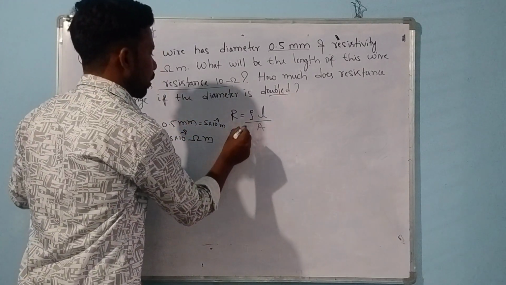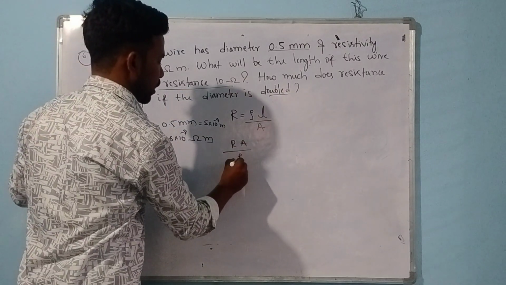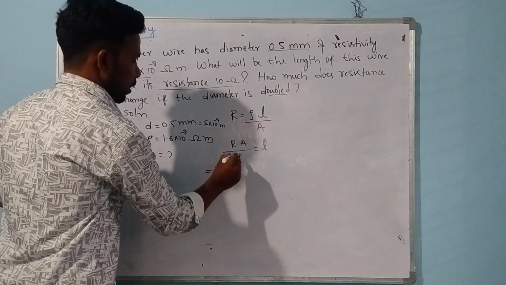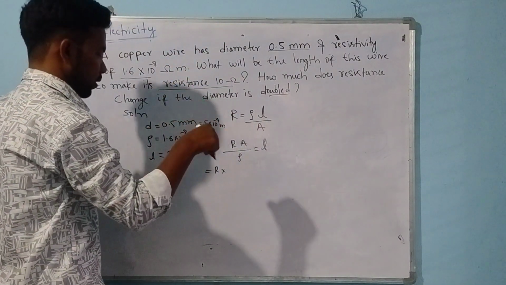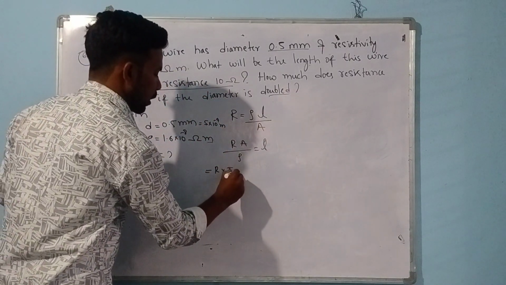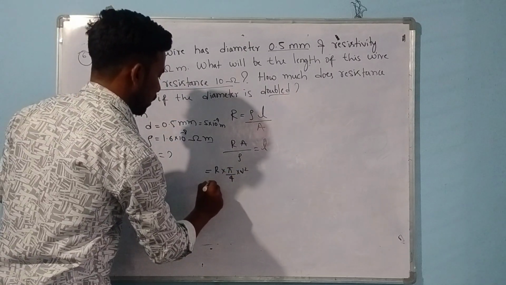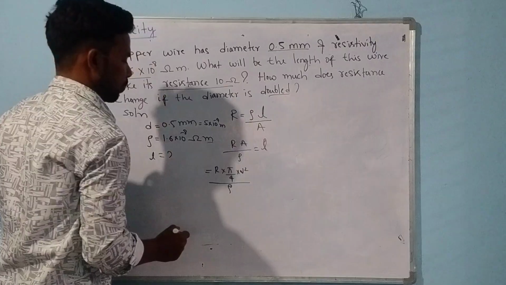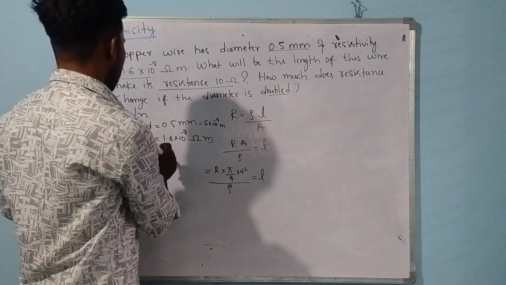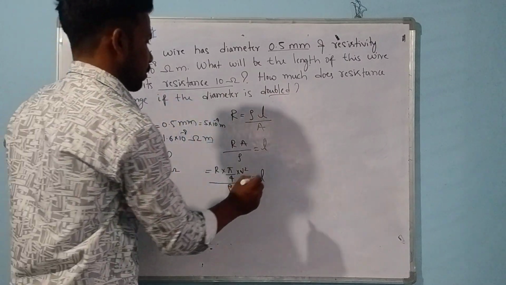Now, what I want is the length. From this, R A by rho is equal to L. A is the area of the cylinder, circle shape, pi by 4 d squared, divided by rho. This is the length. The resistance is given: resistance is 10 ohm. So 10 into